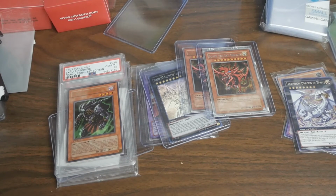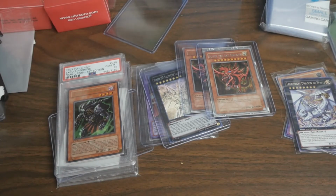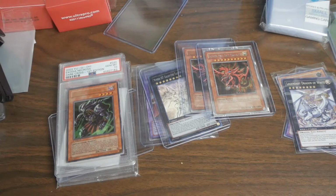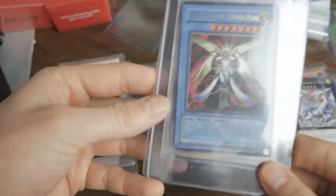Alright, one more package for this week. We're not going to get anything on Sunday. This one's kind of hefty. There's something in here, definitely. So let's check this out. It's actually a little envelope, but it's got maybe just some cardboard. Oh, there's a few cards. Okay, I'm not entirely sure how much I paid for all this stuff, but 3 cards in Ultra Pro Card